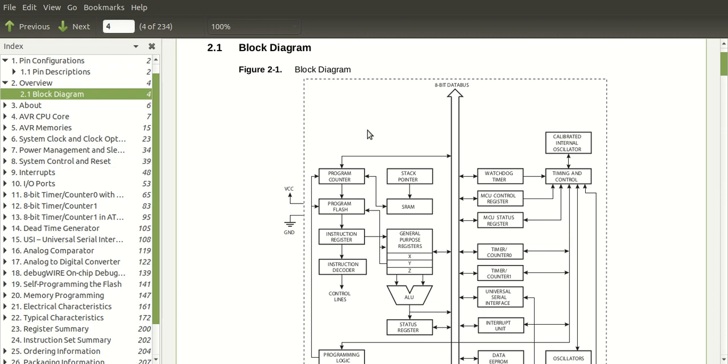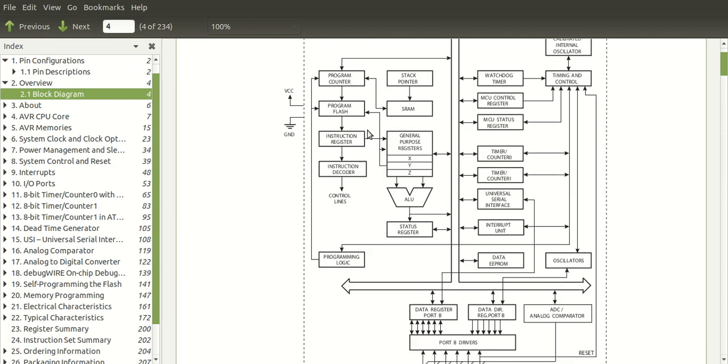You can see that this block diagram doesn't have just a microprocessor, it also has various peripherals. For example, you have timer counter 0, timer counter 1, serial interface, interrupt unit, watchdog timer, MCU control and status registers, ADCs, analog comparator.